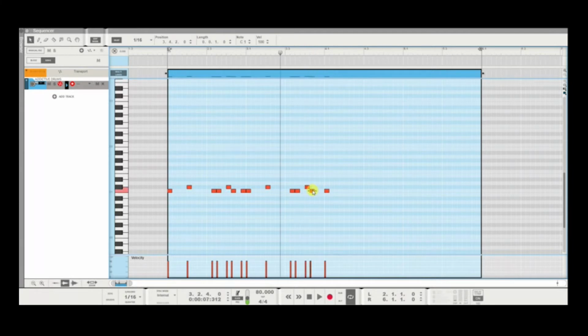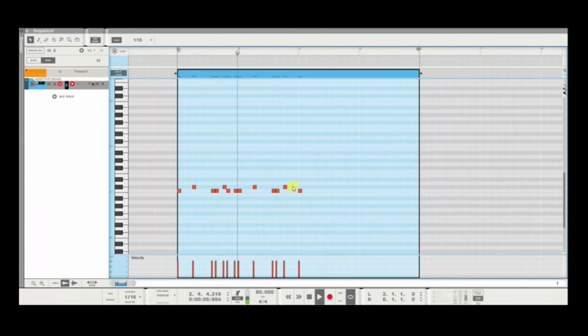Maybe I can even remove that kick right there. So let's play this back again and listen to it. Okay, all right. So let's take this kick off. Let's play this back again and listen to it. Okay, all right. So moving on, we now have to start editing velocities a bit, because when you start entering